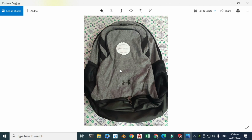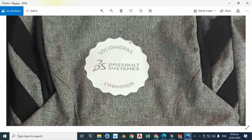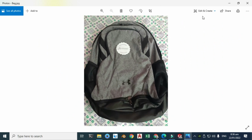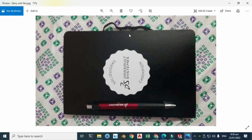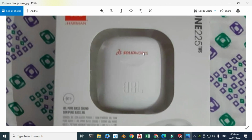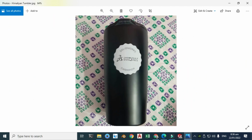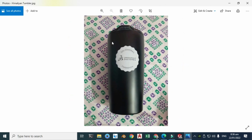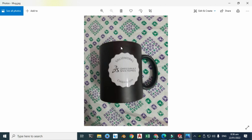Now I'll show you the pictures. So here's the bag, and here you can see this SOLIDWORKS champions logo, right? And next I have a cap and a SOLIDWORKS champions diary along with a pen, and then we have headphones, very cool headphones, and I'll try to model them using some cool surfacing tools. And next is a Himalayan tumbler, they call it Himalayan tumbler, and this is my box, and we have a SOLIDWORKS mug,